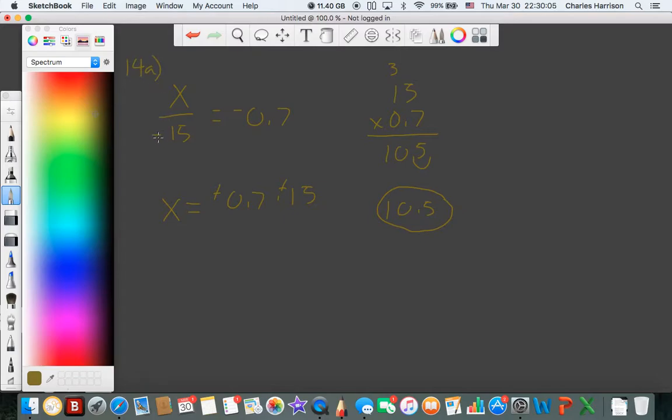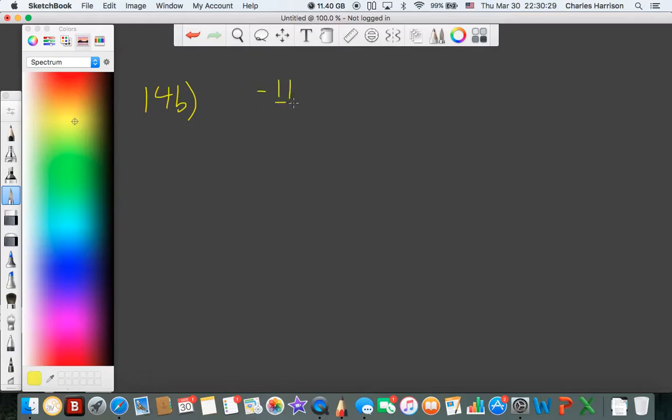Now, let's do 14B. Let's change the color again too. Let's do a nice bright yellow, shall we? Look at that. That's nice, isn't it? All right, so it is negative 11 twelfths times a number is 2 and 1/16. So that would be written like this. Negative 11 twelfths x